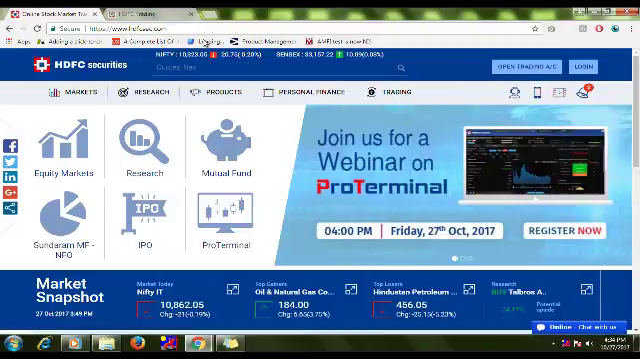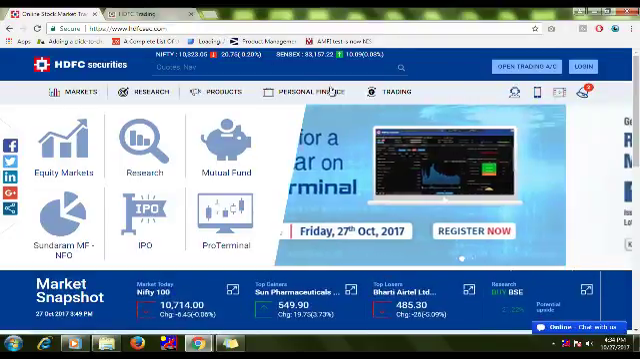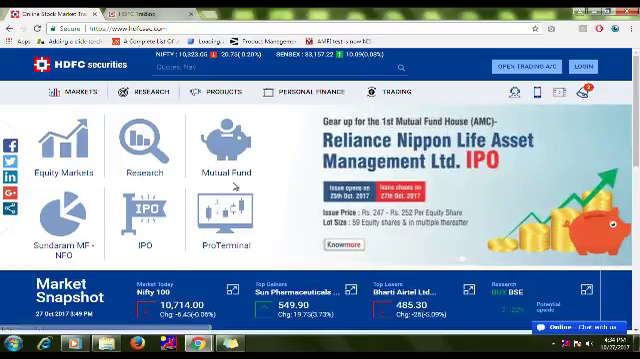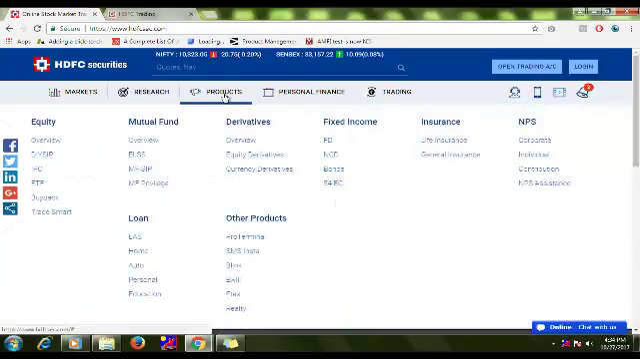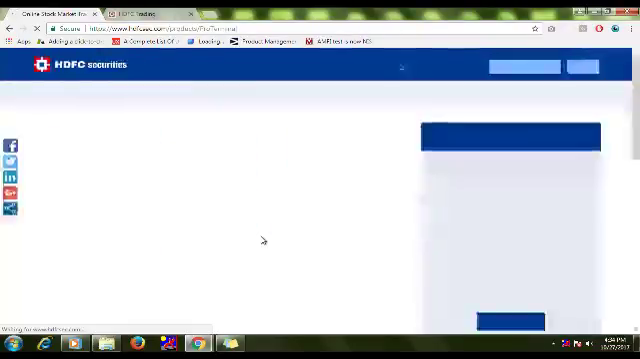You need to go back to the website, www.hdfcsec.com. Either you can find a banner or an icon for ProTerminal, or you directly go to the products menu. Under products, there is an option called other products, which has ProTerminal as the first item. Once you click on it,